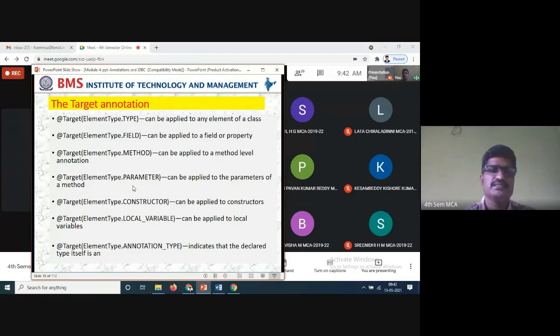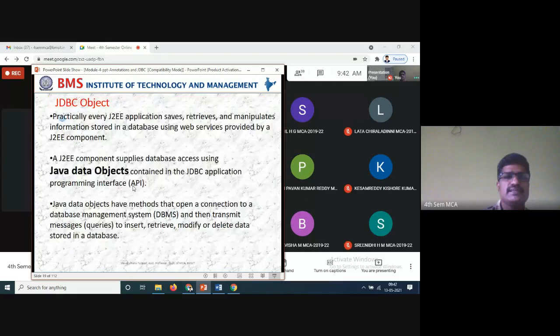So remember this: type, field, method, parameter, constructor, local variable, annotation type. This is what the targeted annotations are. How to write is nothing but @Target(ElementType.) and then the remaining, which is whichever type you want: field, method, constructor, local variable, parameter, annotation type. This is what the targeted annotations are. So we have seen one simple program and how to target the destination.